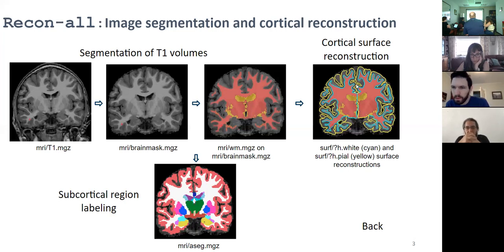We may see an example today, but as you go through the reconstructions on one of your own data sets, loading up all these different files, you'll see that it kind of looks like we're missing some cortex here or there, and that's sort of normal. As you look through these, you'll see what fits. It's not a lot, but it's